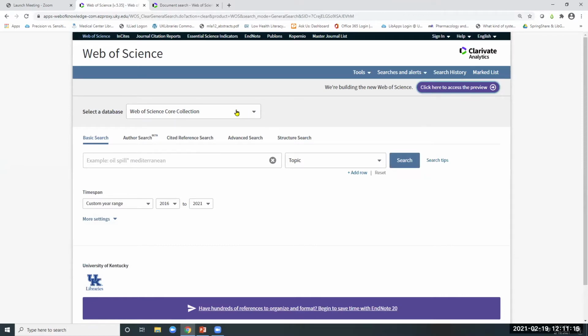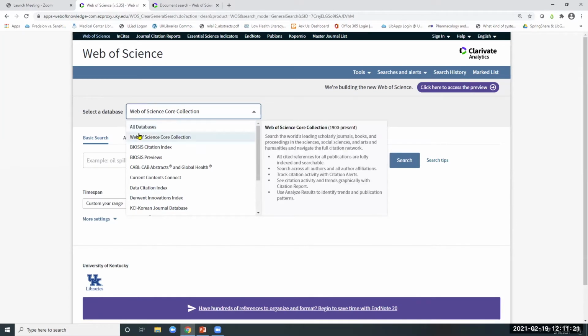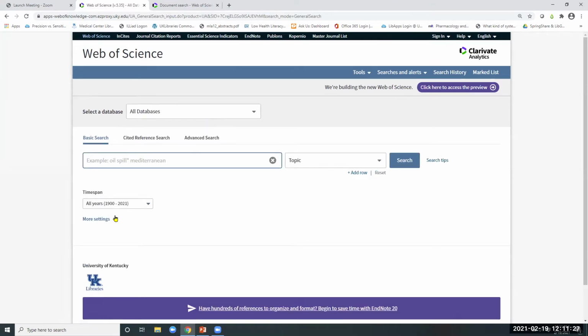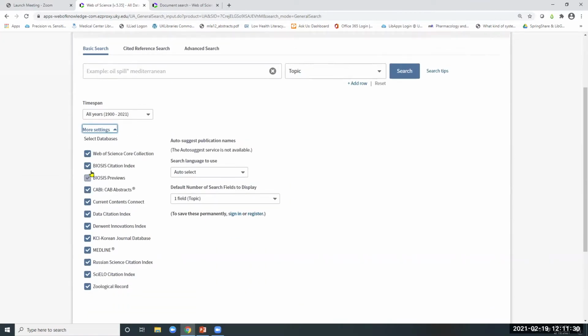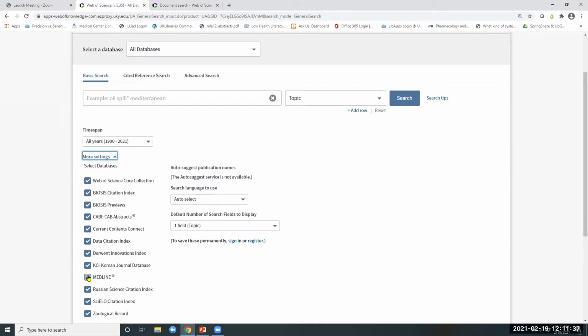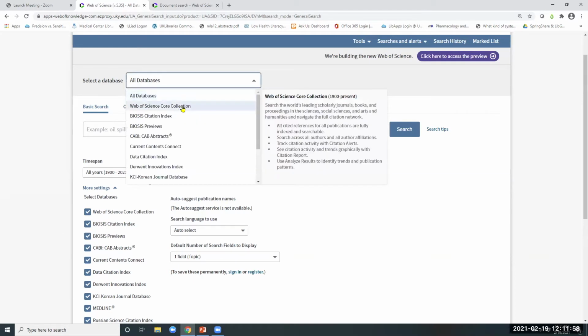So again, I mentioned the Web of Science Core Collection or the all databases. So you can see this is your option to choose. Do you want to search all of the databases? And then if you go to more settings, that will allow you to search certain ones. So if we don't want Medline, or we don't want the Korean Journal database, or the Russian Science database, or zoological record, we can uncheck those. So I'm going to go back ahead and check them back. So this is how you search all databases, and this is how you would uncheck one if you didn't want it. And then if we go to the Web of Science Core Collection,